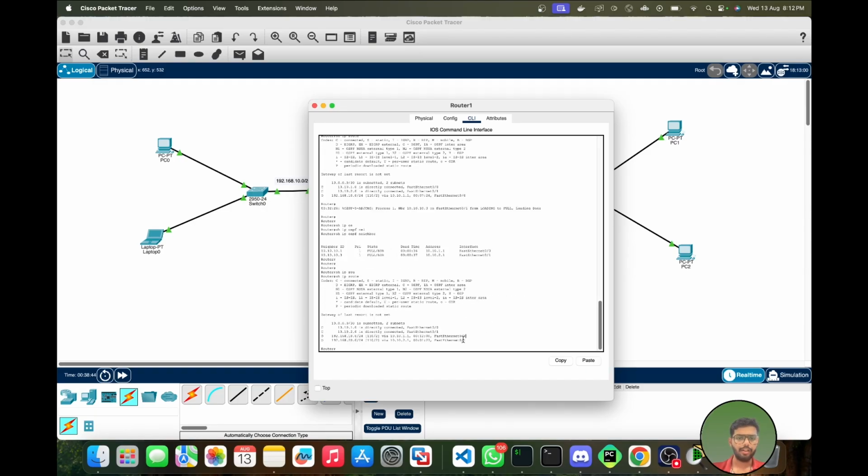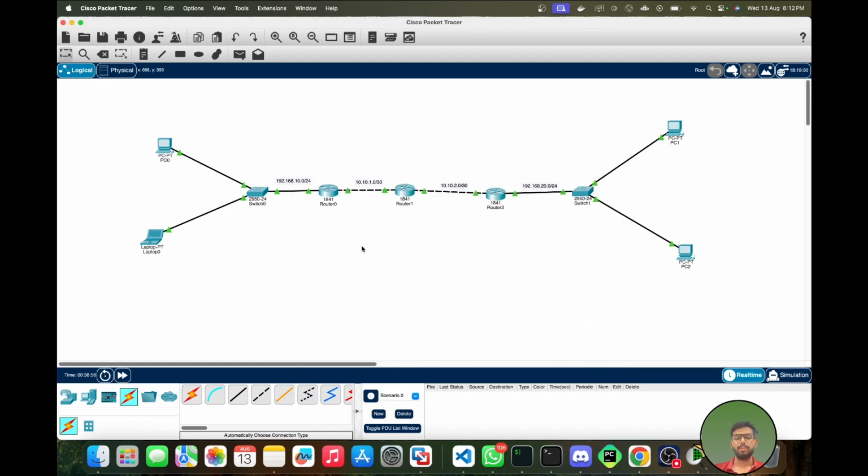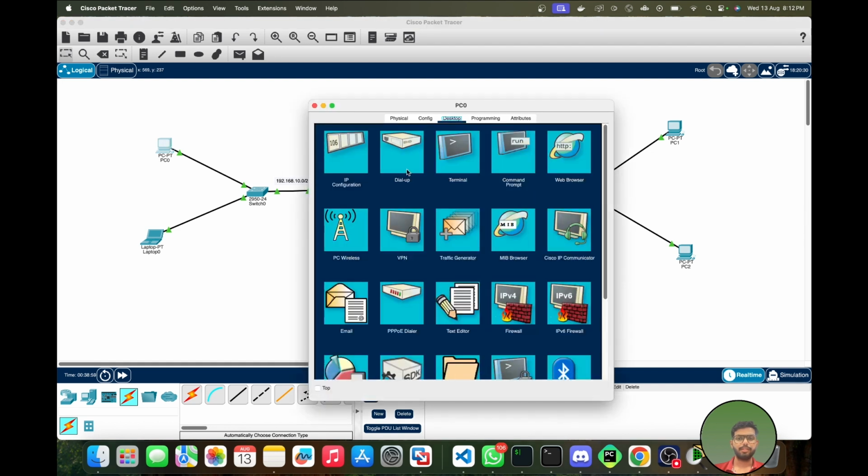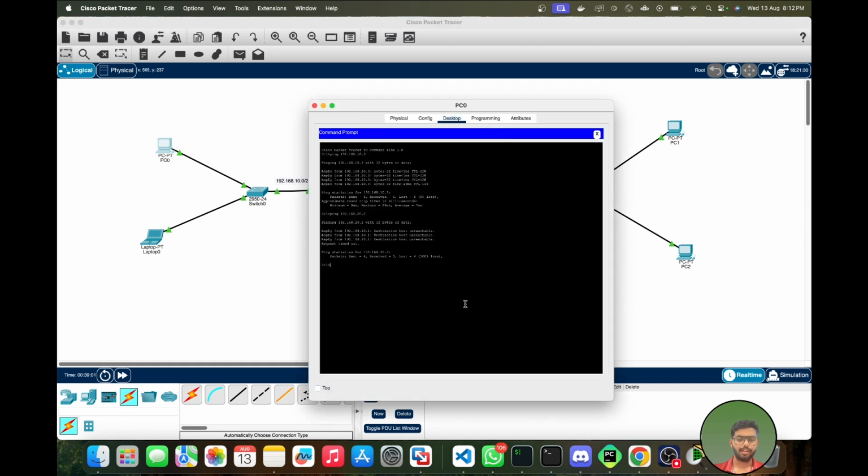So if you see, all the networks are advertised like this and we have all the routes, both of the routes over here. So now if we want to ping the devices, it should work. So let's just go to command prompt, and if we just now hit 192.168.20.2,